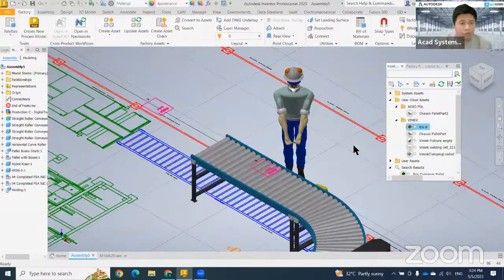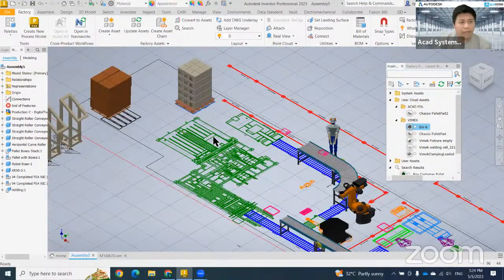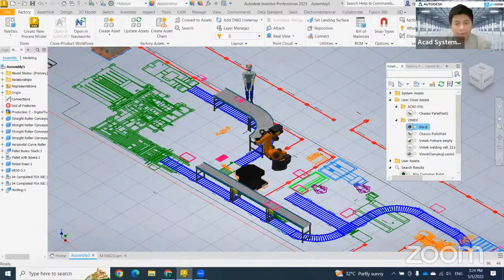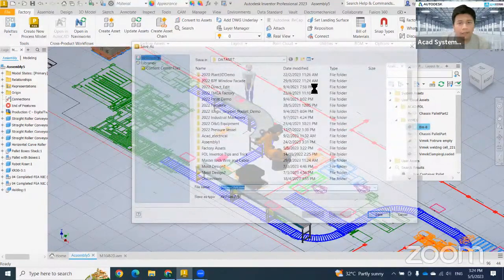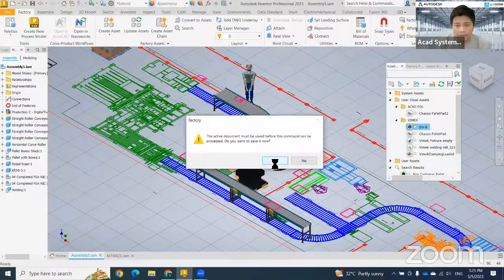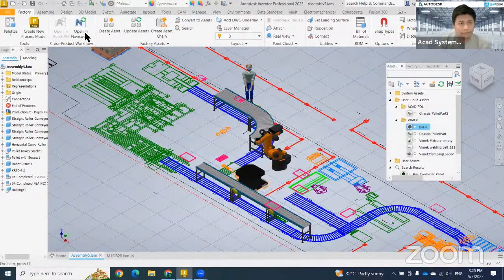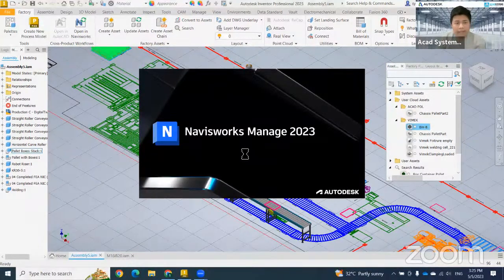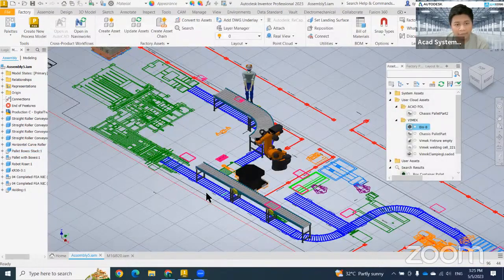So I would like to go to my Navisworks, for example, for a few more minutes. So I try to save this file, then I try to open it in Navisworks. Okay, still saving. It will try to open directly in Navisworks. This will be a benefit because when you have a product design manufacturing collection, normally the manufacturer or